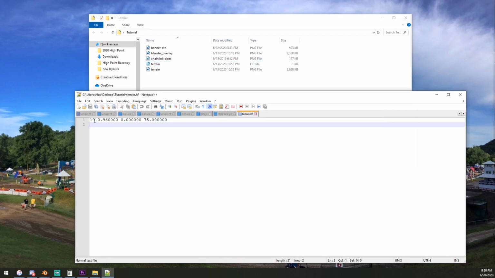10 means it's 2K. The next number is, I believe, this first number will be 9 if it's a 1K image. The next number, this is our scale. If this was 1, that would mean that our terrain is 2,048 feet by 2,048 feet. If we lower the scale,